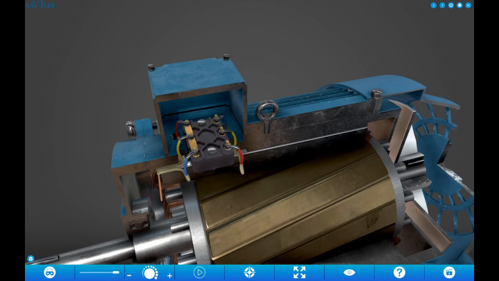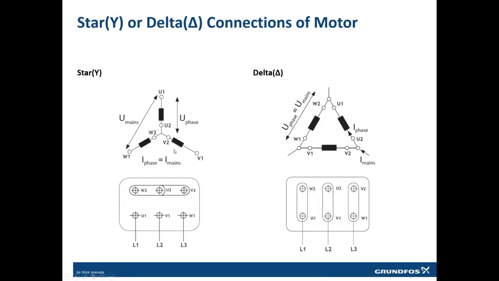So blue and blue is one winding going inside the motor, and it generates a magnet because of the current going through the winding, which creates an electromagnet. These three windings will generate three magnets. Now, the way we connect them: if we connect them in star, which means we have a common connection between them,